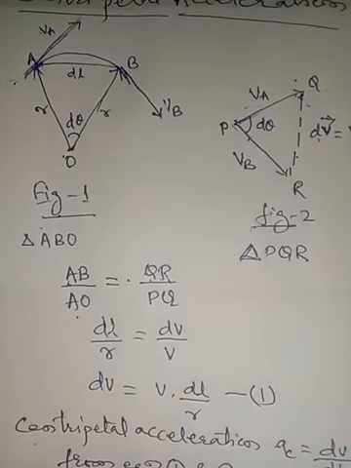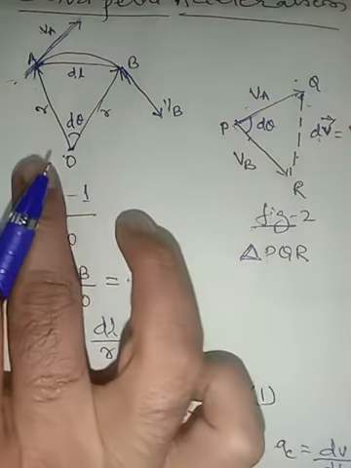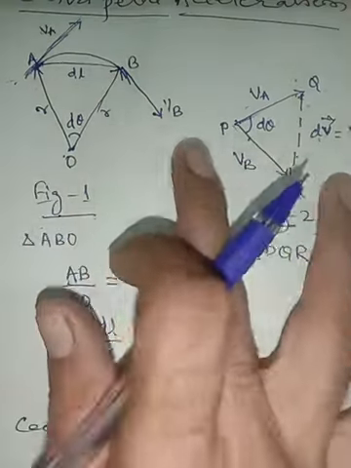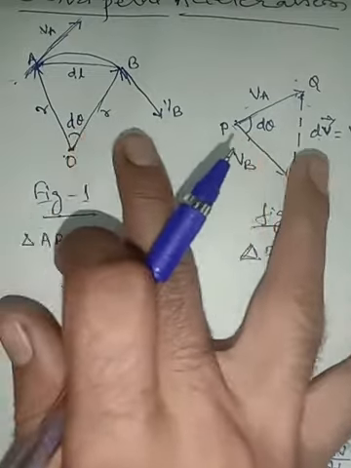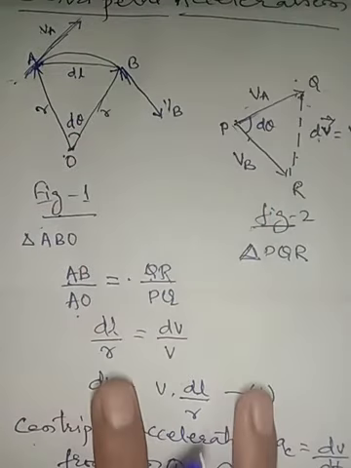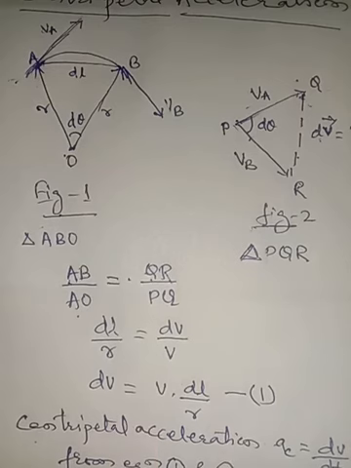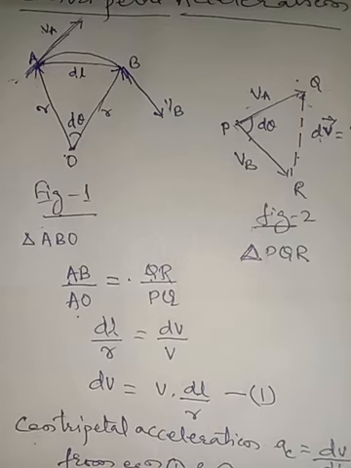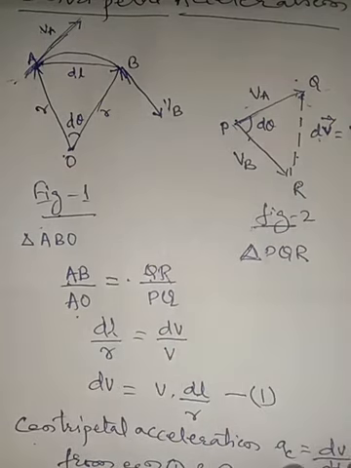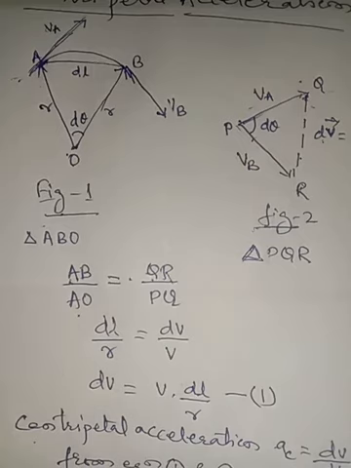This is a very, very important derivation because they will ask this derivation for 5 marks. What is centripetal acceleration? Derive the expression for centripetal acceleration on the basis of these two figures. Both the diagrams are important. You have to draw both the diagrams and build the concept on this basis. There is one more method, by the change in velocity or angular velocity, omega is equal to V by r, which we can also use, but this is the simple method of finding the centripetal acceleration. So follow this method and complete it today itself.